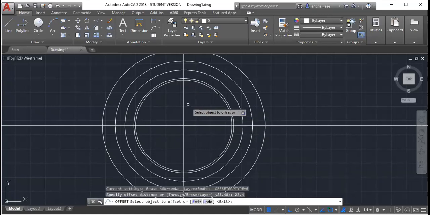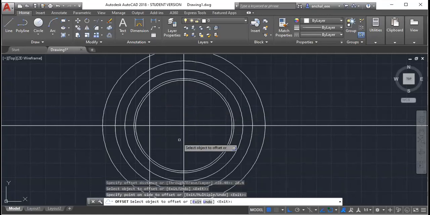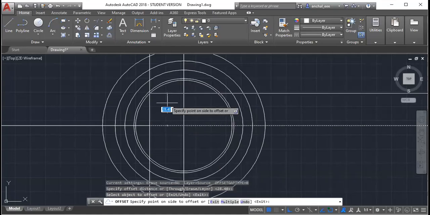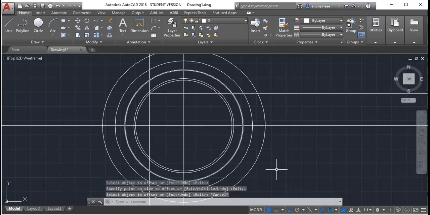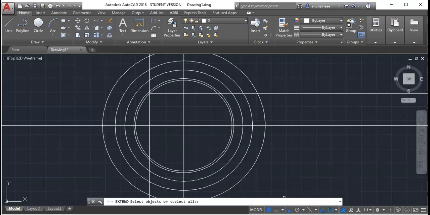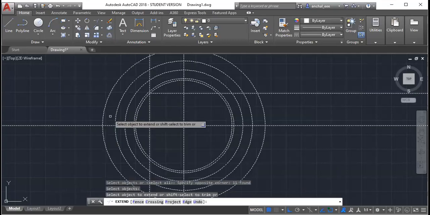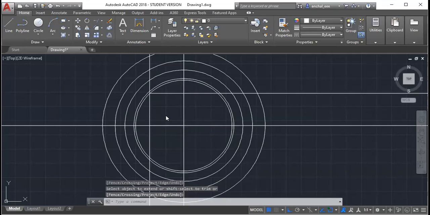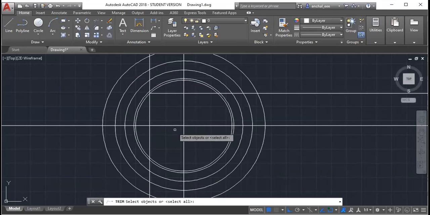Enter. So from this line, on this side I will draw one, and from this line upside. Okay. Now use trim to trim it. Let us extend the selected here.